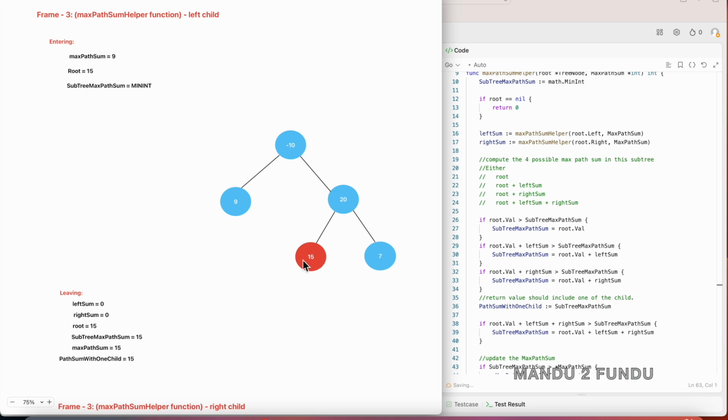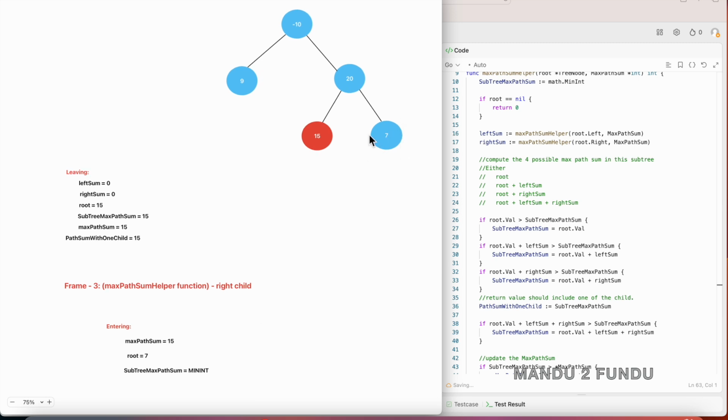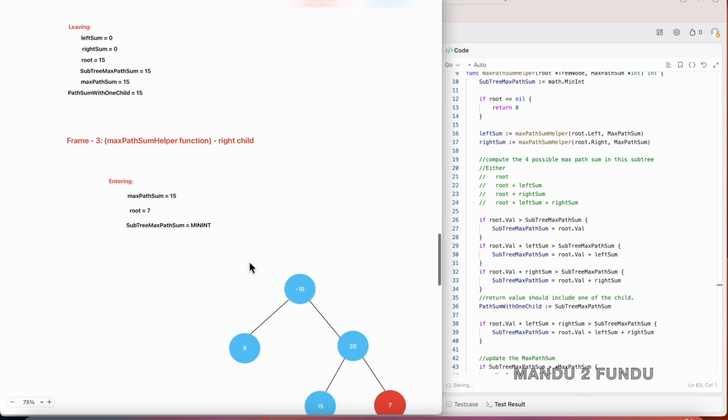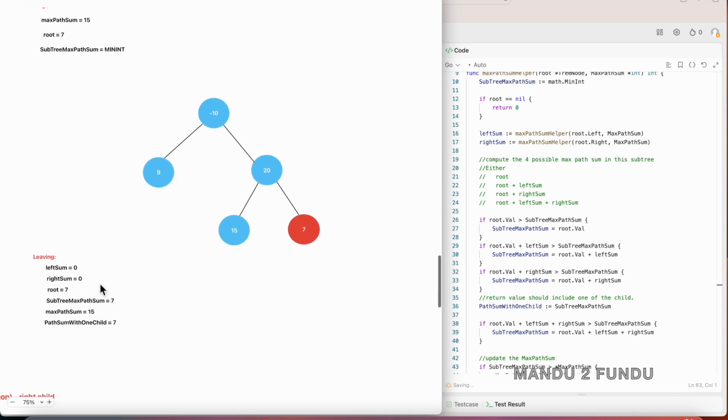Okay, so when this node returns back, it returns 15 as the path sum, and then we call the helper function to process the right child. So here the root node is 7 and the current max path sum is 15 at the time of entering this function. When this function